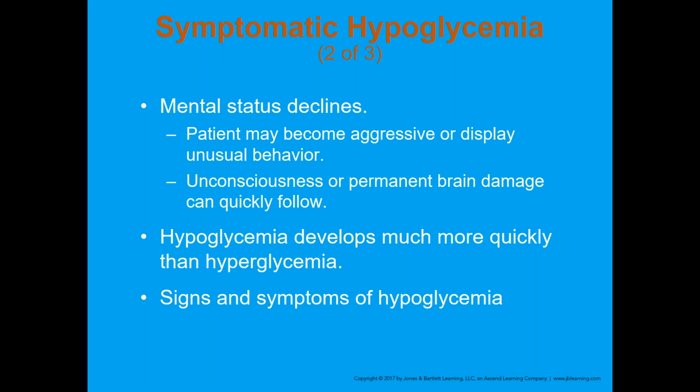Hypoglycemia is just weird because you could have somebody, I told you guys that the machine will read high, HI, if a blood sugar is above 500 or 600. If a blood sugar is below 20, it'll read low. There have been times where I have driven home from work with a blood sugar that registered low on my glucometer when I got home. There have also been times where I have had a blood sugar of only like 68 and been ridiculously symptomatic. So there's no rhyme or reason as to why the brain is so fidgety and so fussy depending on what